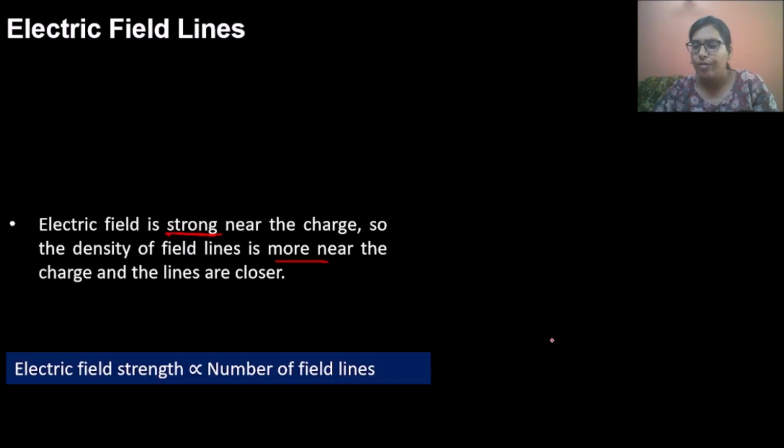So we can say electric field strength is directly proportional to the number of field lines, and this is also true by the formula. For a point charge, E equals KQ upon R squared. So if R is very small, then E will be very large,